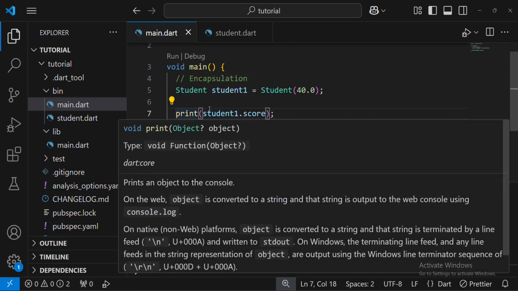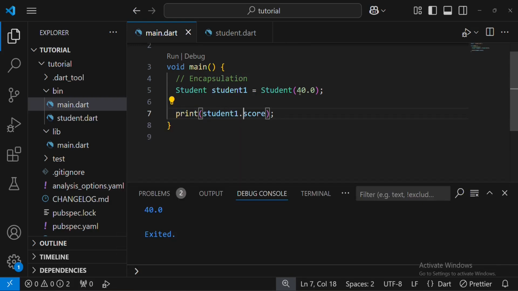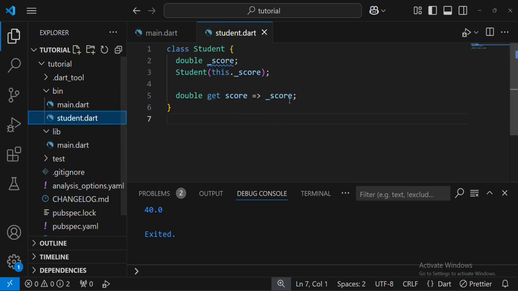Let's look at setter. So let's say I want to change the value of my student score from 40 to 50. I can't make use of this getter method to do that. I just saw an example of that now. So let's go back inside student, and to do that, we'll simply come here,